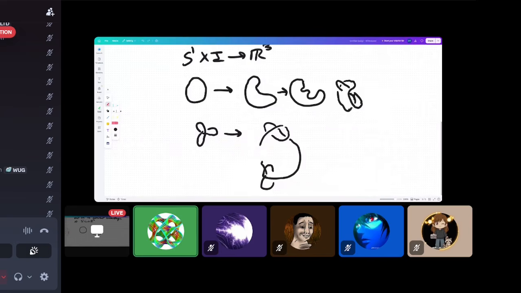I need to undo that last one just a little. Sorry, these embeddings are a little hard to draw, but you can keep on repeating this process. If you keep on repeating this process on each of the crossings, you get a pathological embedding of a knot. And so we want to somehow avoid these pathological embeddings, because if you've ever seen Alexander's